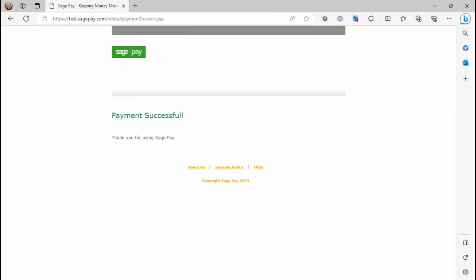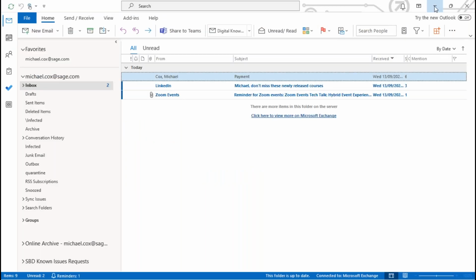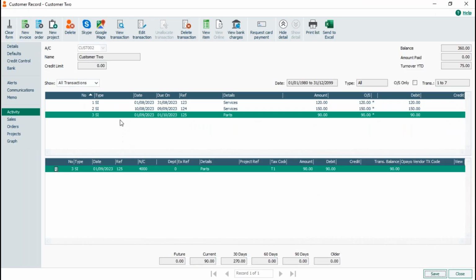Payment is being authorized. Obviously, if you've got things like one-time confirmation codes, etc., that would be included as well. But otherwise, that's it done. So as far as the customer is concerned, they've paid that. Right, let's get rid of these. Now, as it stands, that customer that we've just sent the request card payment link to,